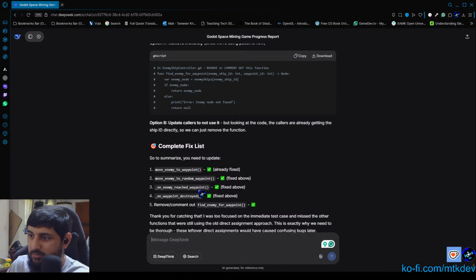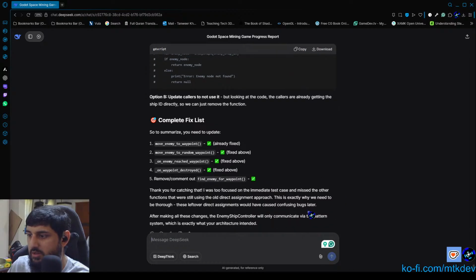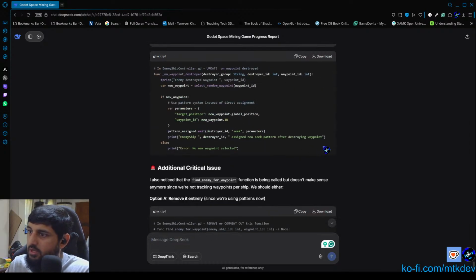So to summarize, you need to update move enemy to waypoint, already fixed. Fixed above, fixed above, fixed above, and comment out this thing. Thanks for catching that. I was too focused on the immediate test case and missed the other functions that were still using the old direct assignment approach. This is exactly why we need to be thorough. These leftover direct assignments would have caused confusing bugs later. Making all these changes, the enemy ship controller will only communicate via the pattern system, which is exactly what your architecture intended. All right, so let's go back